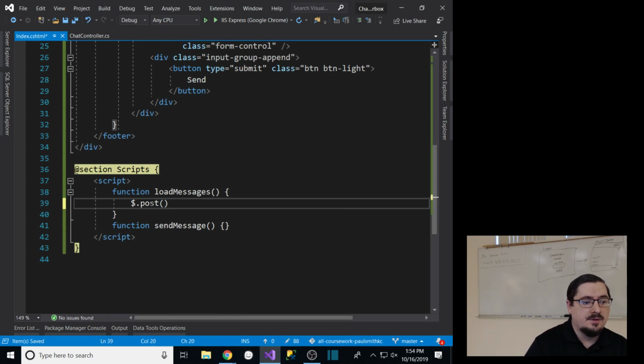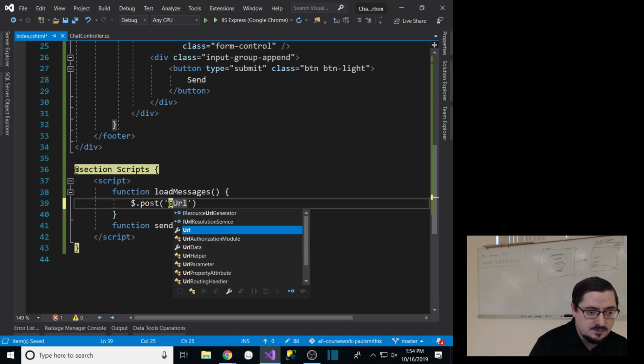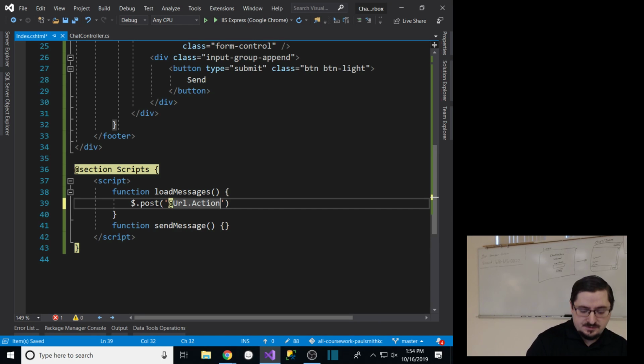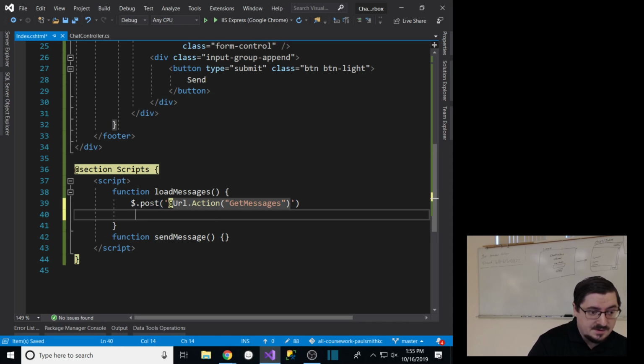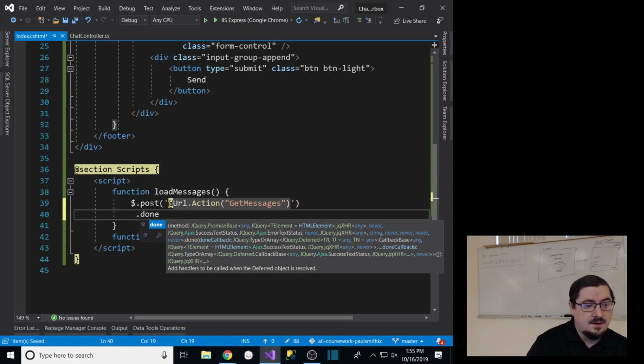And what's that first argument that I need to give to the post method? URL. It's the URL, right? So the way I want to give that, I want to make sure that I use the URL helpers. So I'm going to say URL action, and that's going to be send, or no, get messages. So I'm going to say get messages, and then when that's done,